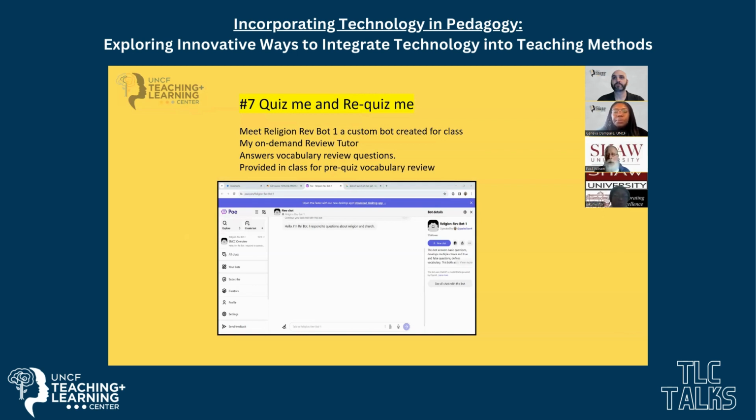Well, here is something I dropped in class, the review bot. It's right after I dropped in the review vocabulary. So a student can take a vocabulary term, let's say SNCC, Student Nonviolent Coordinating Committee.